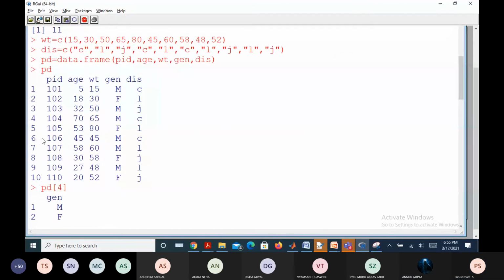Of course, sometimes all these values, the characters like M and F, can be replaced with appropriate binary values also. Like 0 represents male or maybe female, and the other one represents the opposite gender. So you can even replace with some binary values like that. That replacing also has some syntax.